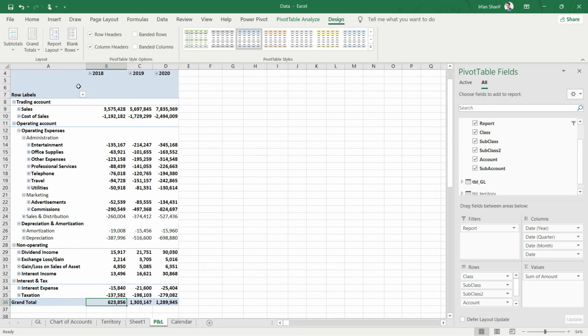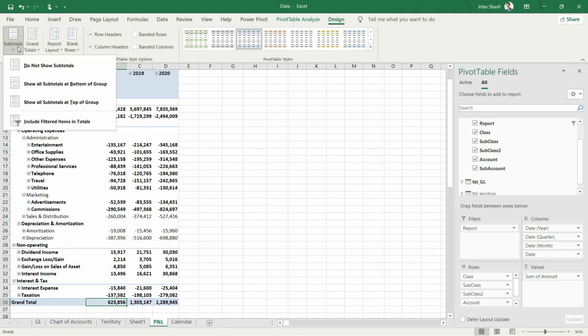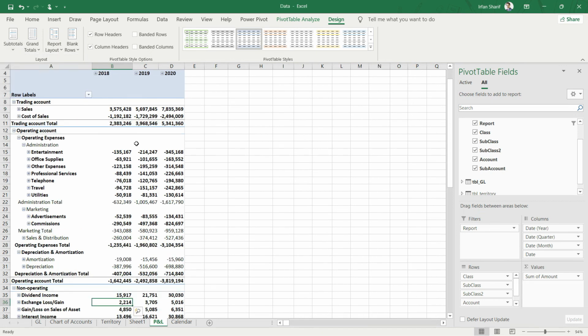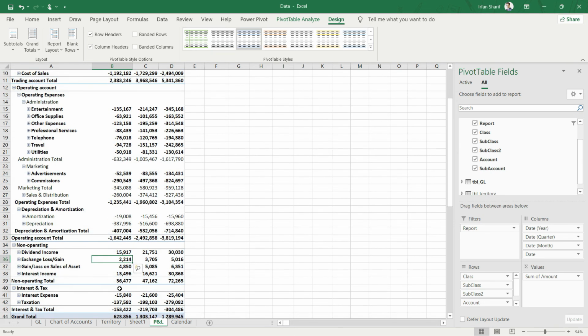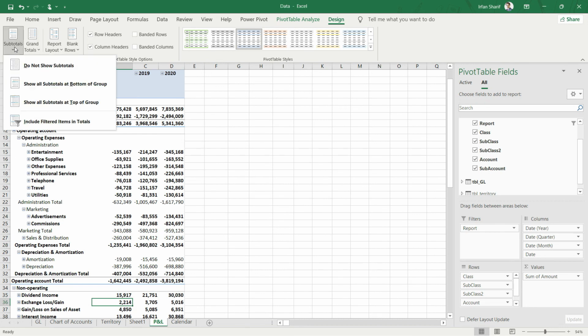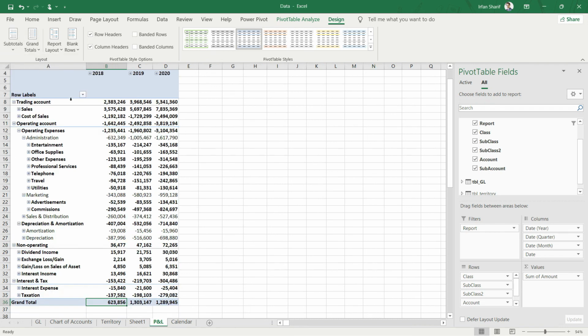And the other option that we can use is the subtotal, and with subtotals you can see that we have the option of subtotals to be presented at the bottom or at the top. So if I present them at the bottom, it will add a new line here, which is a little bit spoiling my presentation. So I will prefer to add the subtotals at the top of the group. And if I do that, you can see here that we have a subtotal for the trading account, and the subtotal of the trading account is going to be your gross profit. So now you can see your gross profit here as well.